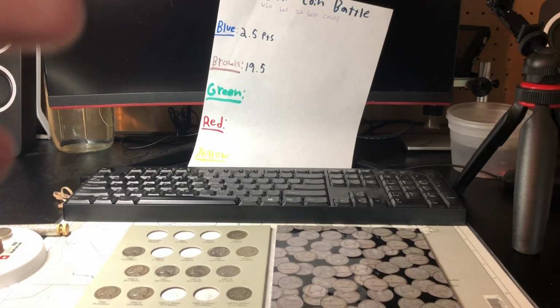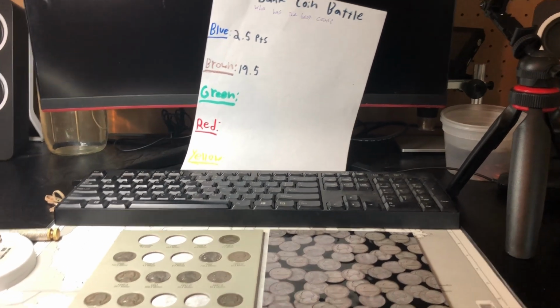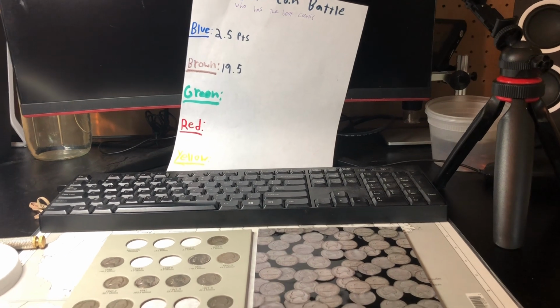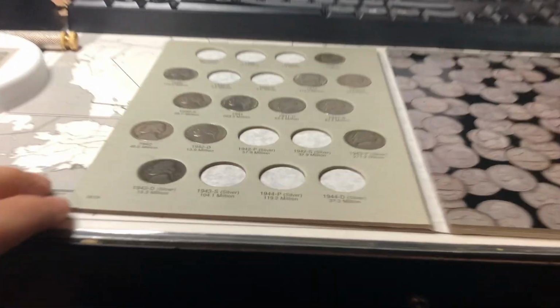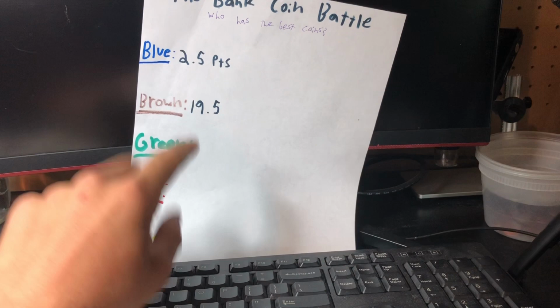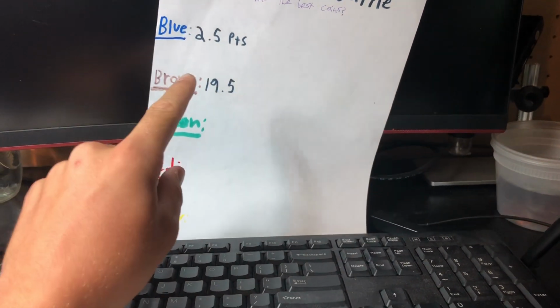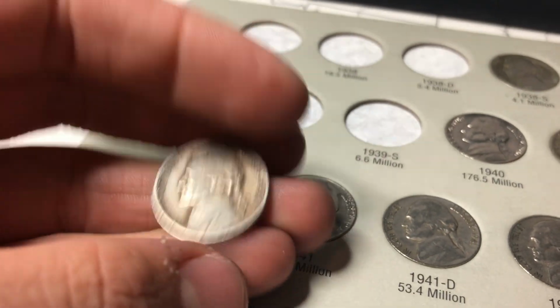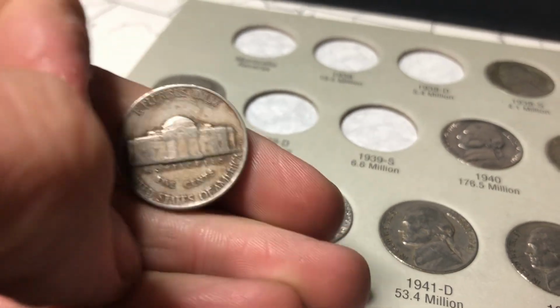Alright, unfortunately, like bank number 1, the quarters and dimes did not give us any finds. It's much harder to find stuff with quarters and dimes rather than pennies and nickels. However, the brown bank that we did in this video got much more points than the blue bank. We got 19.5, and then the blue bank gave us 2.5. 10 of those points are due to this key date right here, the 1938 Denver,